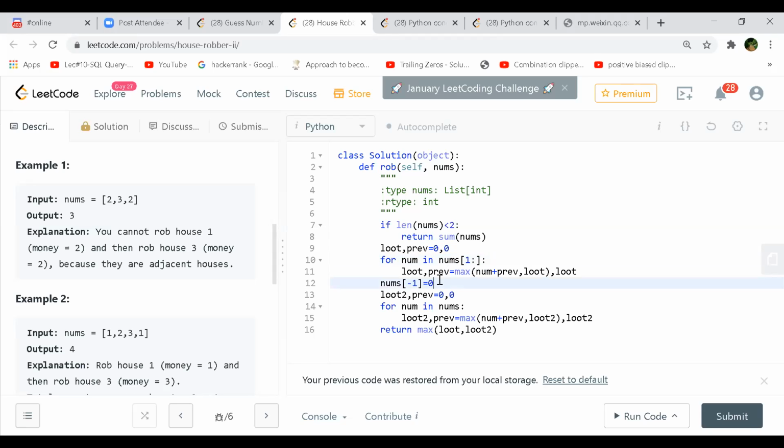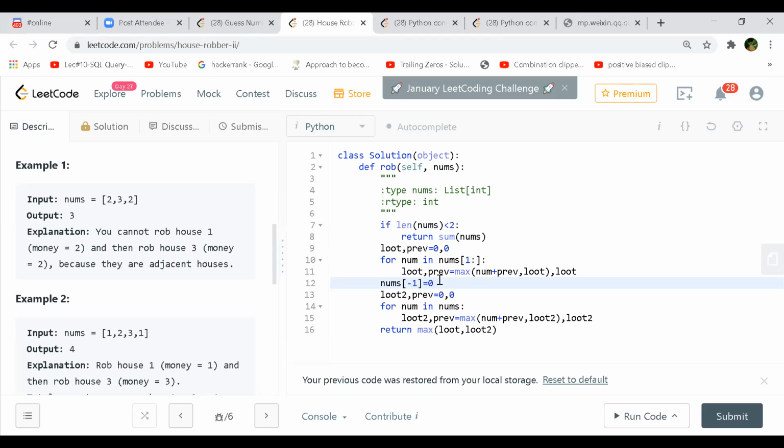Till that previous one. So previous is actually previous to previous, isn't it? Okay, if it is loot, then you keep on moving ahead, right? Yeah. See, your loot is the maximum of num plus prev, comma loot. Whatever is the maximum, you are trying to put that in the loot.